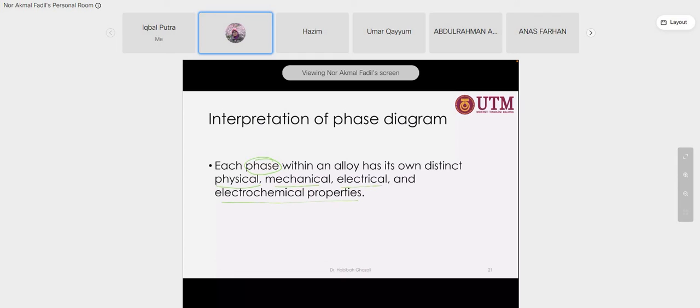So if you want to design an alloy, you have to make sure what kind of properties you want. Okay, let's say it has phase alpha, phase beta. This property, for example, is ductile, okay, tough. This one is brittle,